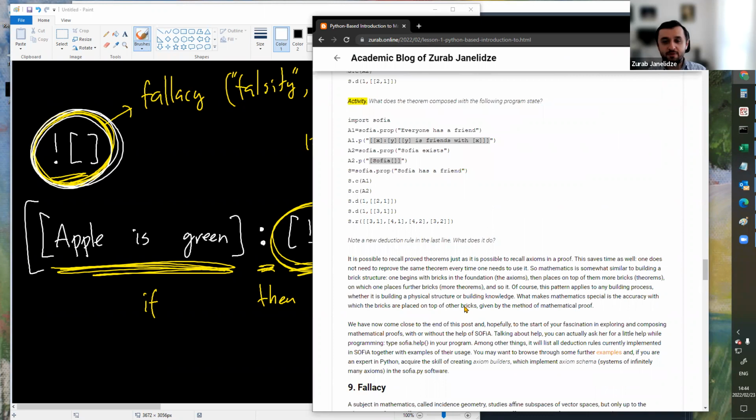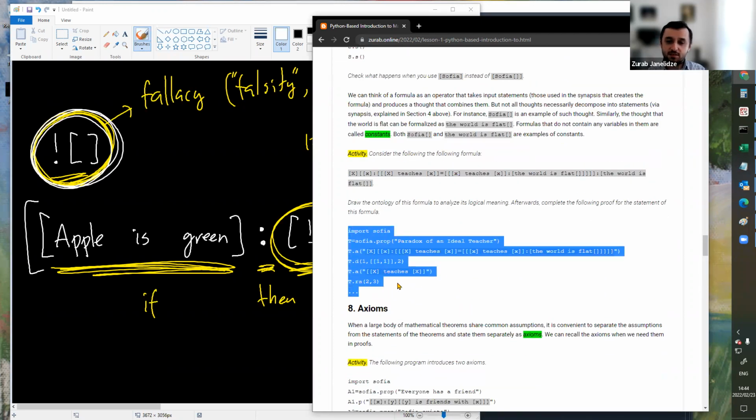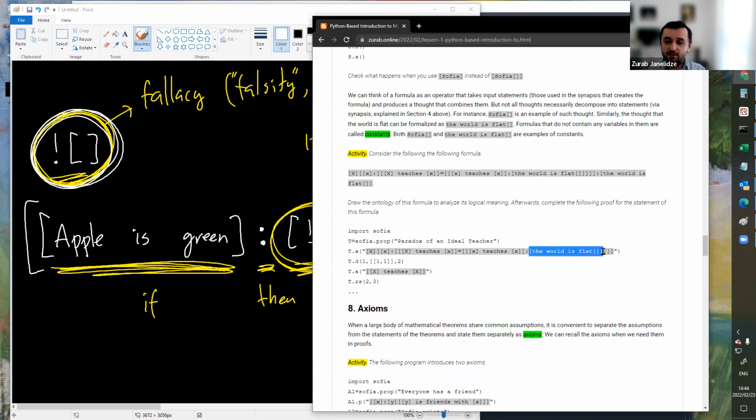So to link up what we're doing now with what we did before, one would have to revisit this exercise, replace the statement "the world is flat" with falsity, the stated version of falsity, and then you'll get Russell's paradox proof, basically the proof that the existence of the barber leads to paradox. And if you want a barber and not a teacher, then instead of "teaches", you say "shaves". So that's another replacement you would want to make. Okay. Thanks.